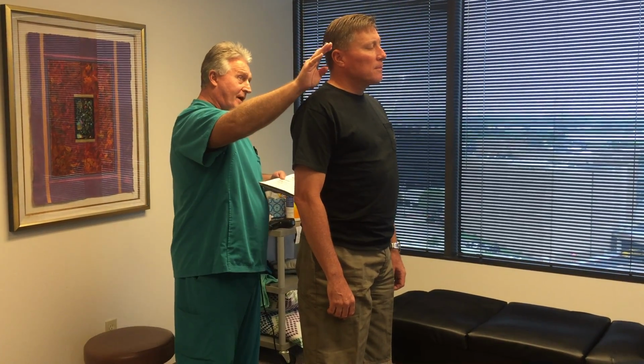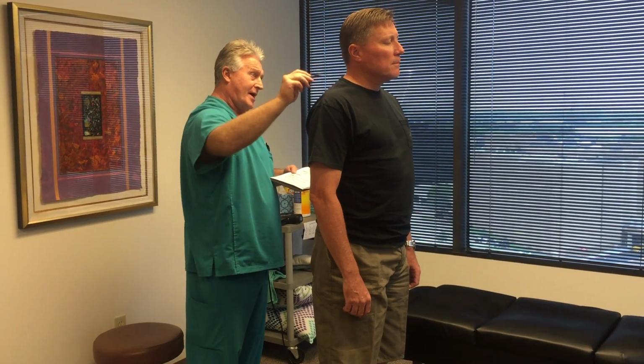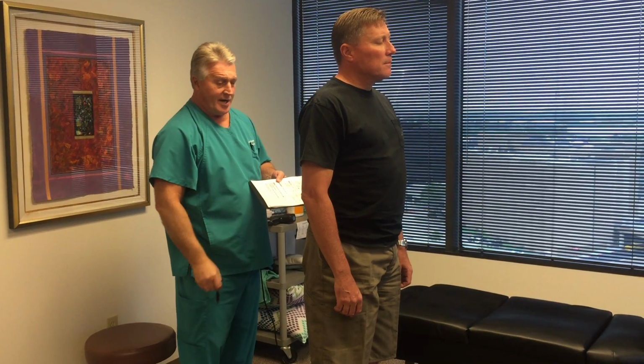Now, right now, I'm evaluating his posture on the X, Y, and Z axes. I can tell he's a side sleeper most of the time. That's true. Yep, I can even tell you which way you turn most of the time. So we've got a little bit of forward head posture, and his head's turned to the left. He's translated a little bit to the right. That's what makes his left shoulder look a little higher and his right hand look a little longer than his left one. And his pelvis has shifted a little bit to the left of center as well